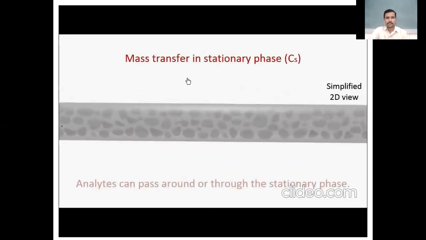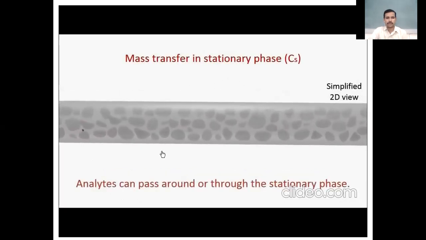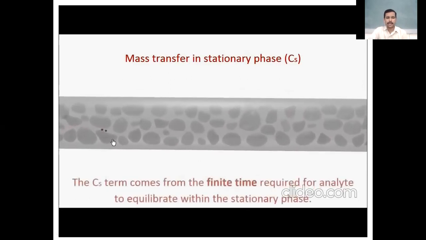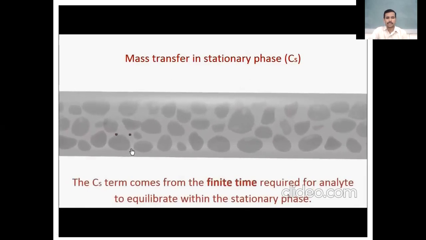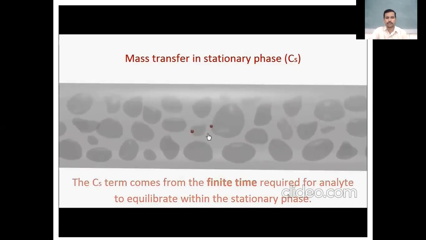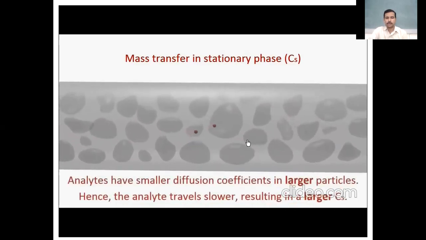Then the last term is mass transfer of the solute into the stationary phase or mobile phase. You can see here, the solute particles are coming together and they have the affinity to interact with the stationary phase. And as a whole, they are interacting with the stationary phase. As a whole, they are not going to the interface between the stationary phase and mobile phase. Now the solute particles have been separated, and this separation distance will lead to increased band spreading or zone spreading. So this is the mass transfer of the solute into the stationary phase.